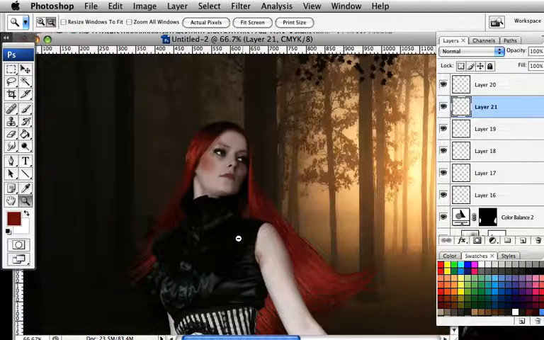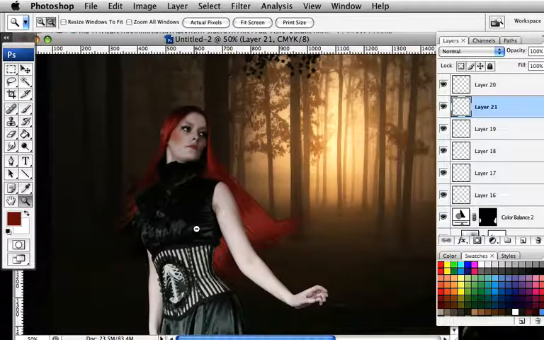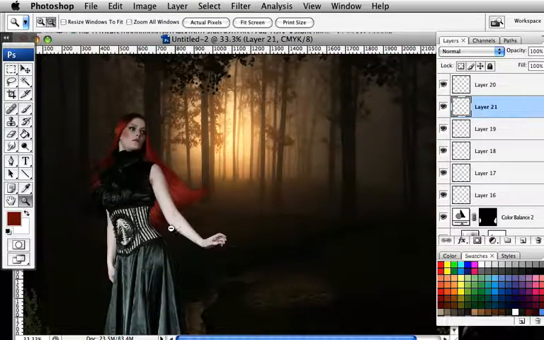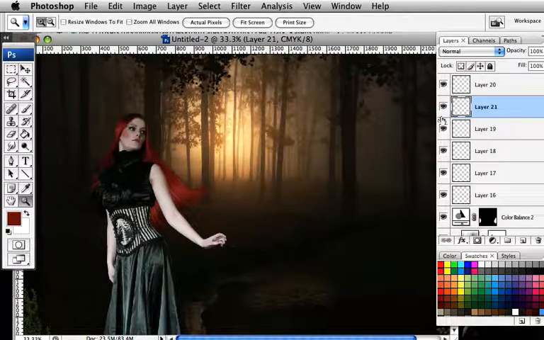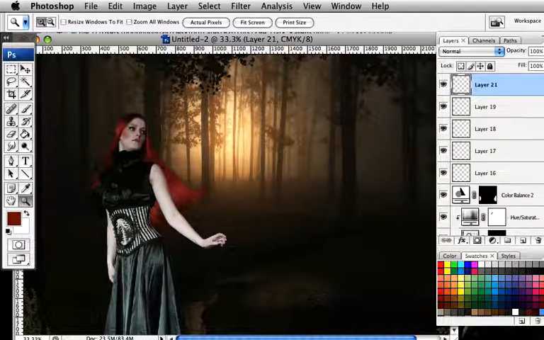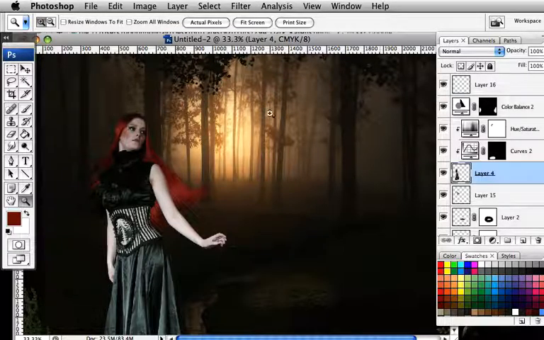And let's zoom out. Yeah, that looks pretty good to me. Okay, and that's the makeup done on the face, and now we can move on. We're going to burn it and dodge it a little bit and then bring in our ravens. So let's start by coming down to our model, grab our burn tool